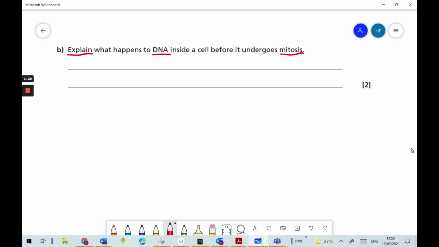So in our answer, what we need to be putting down is about the fact that the DNA needs to be copied so that each cell gets a copy of every chromosome. So let's put that into answer. So I'm going to say the DNA has to be copied. You could use the word replicated or duplicated, so that, and notice I've used the word so often when you have explain questions you need linking words like so that each new cell